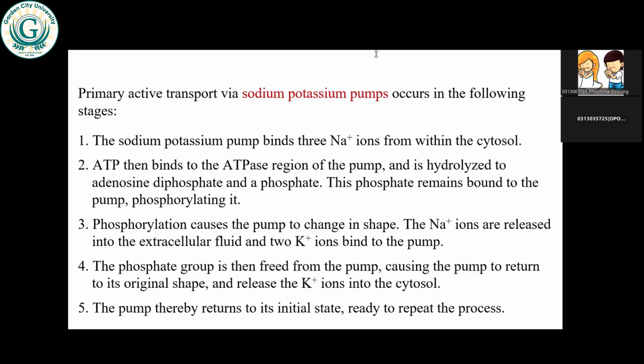After it has been able to move it into the extracellular fluid, it has to come back again, because if it doesn't happen that way, then we are going to move too much calcium outside from the intracellular into the extracellular fluid, and then there will be a deficit again. So in a way of preventing more calcium from going into the extracellular fluid, ATP has to detach itself from the region that it bound itself to. And once it detaches itself, the pump is deactivated and then there is equilibrium.